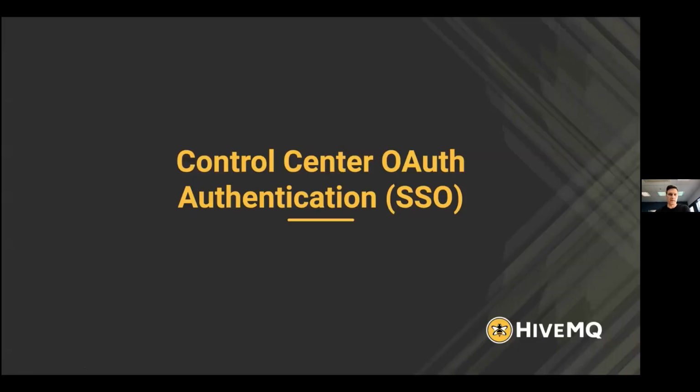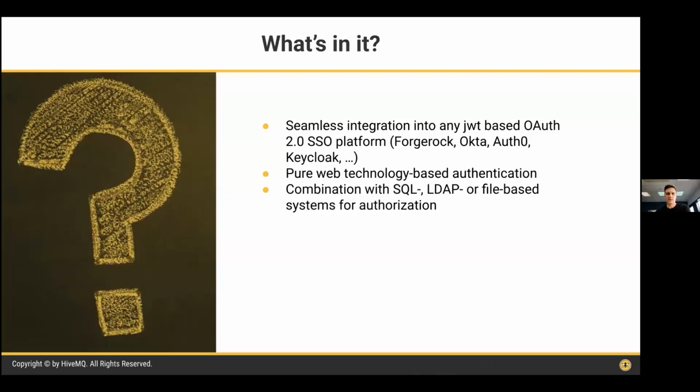And for this, we expanded something. We added Control Center OAuth authentication, so the possibility to do single sign-on. This is usually what it is used for. What is in it? Single sign-on allows you to integrate with any JWT-based OAuth platform out there. There are on-prem solutions like ForgeRock or Okta. There are cloud solutions like Auth0, and so on and so on. Just pick your choice, what you're already using, and it works now for the Control Center